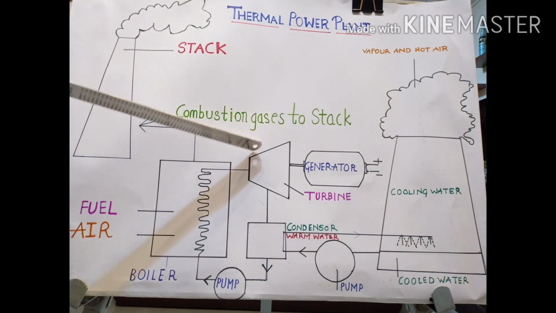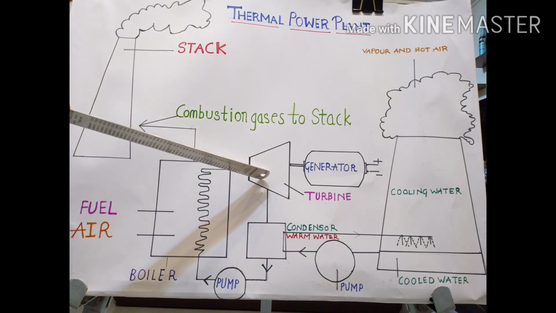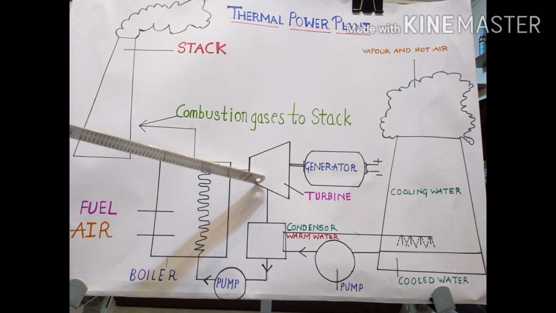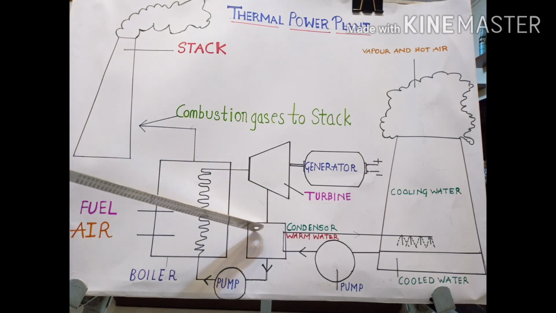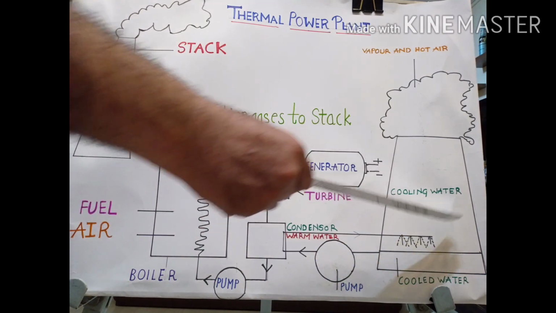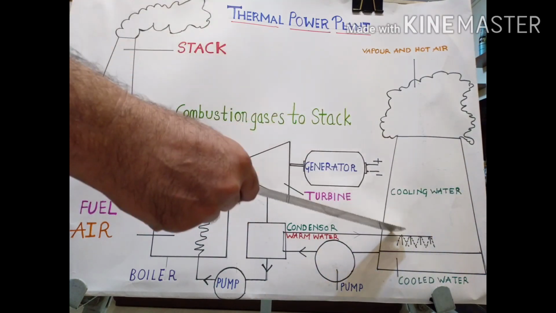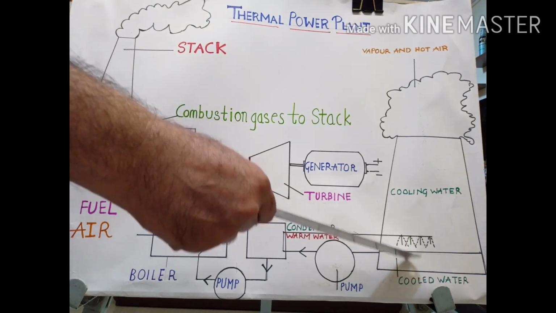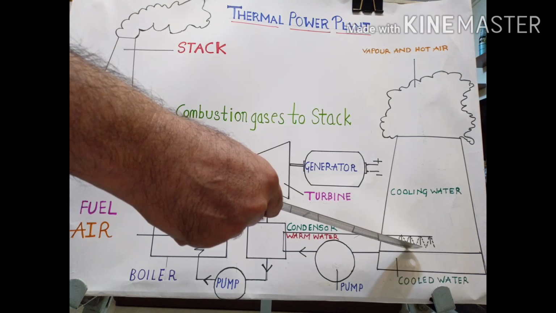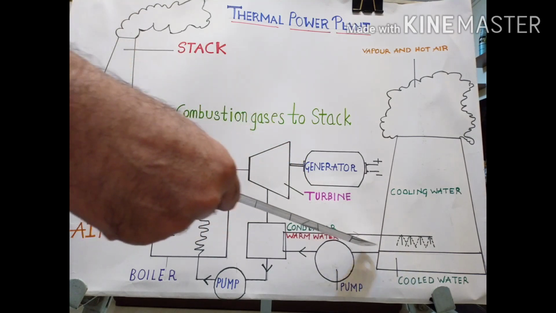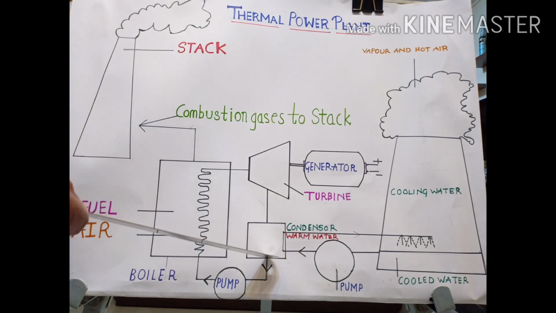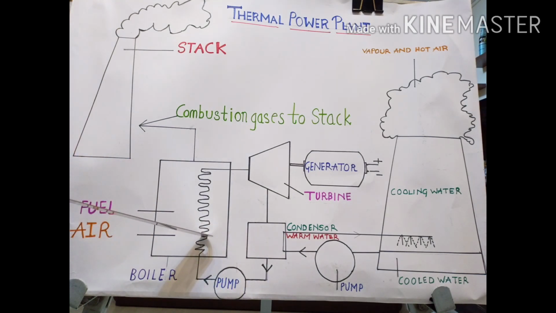Now once the steam drives the turbine, the steam's temperature and pressure decreases. It is then collected by the condenser. The condenser takes this hot steam into the cooling tower, where the water absorbs the heat from the steam and reconverts it back into water. So the steam in the condenser gets reconverted into water. The water then is pulled in by a pump which pushes it back into the boiler, and it is recirculated.